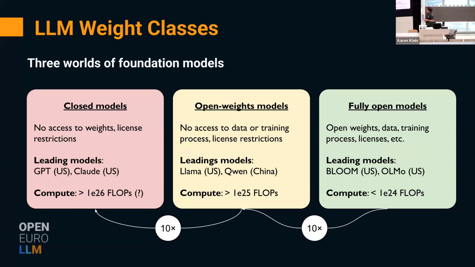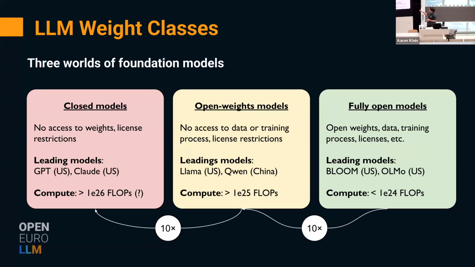On the other hand, there are the open weight models, where we have access to the model weights, so the checkpoints, but we don't know which data they were trained on, and we also don't know how they were trained on this data. Popular examples here are Qwen or LLaMA. Those models tend to be somewhat smaller and trained on less compute than the frontier models, but they're closely catching up to those models, especially with the latest generation of Chinese models like Qwen or Kimi.